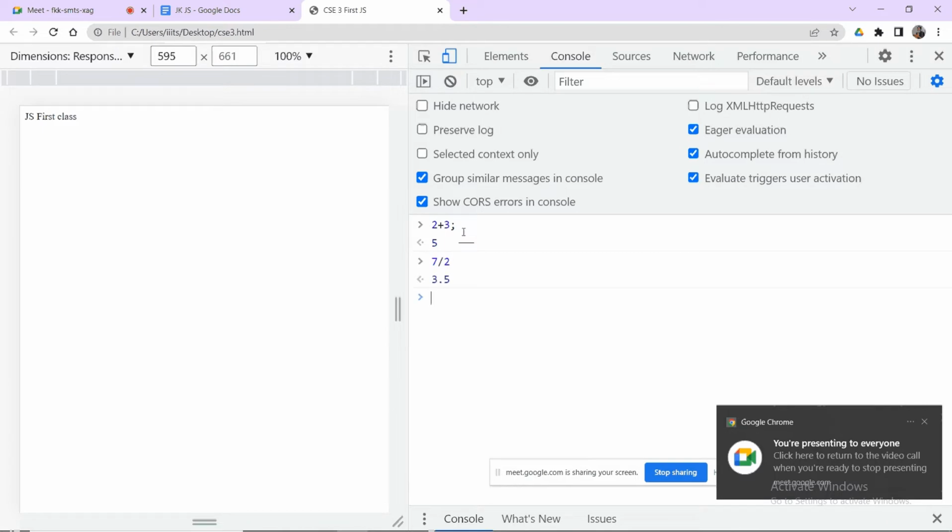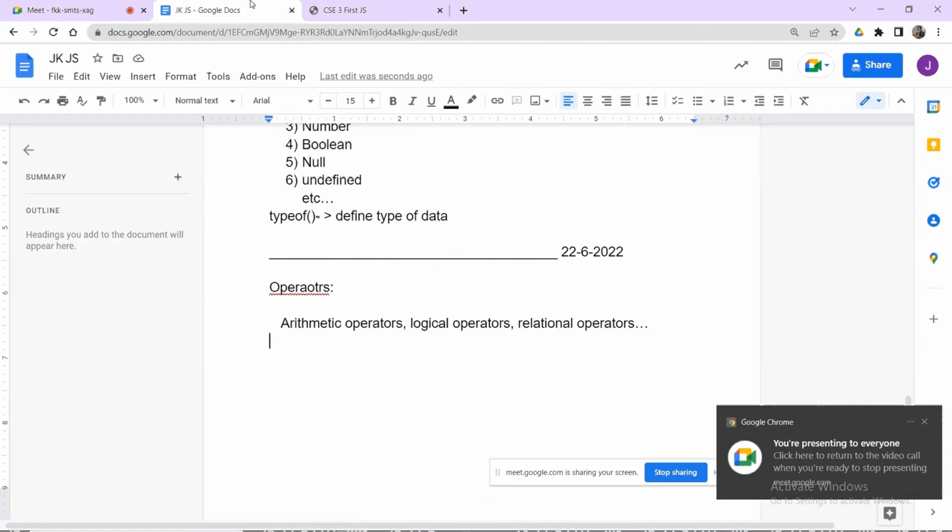You are getting a floating value. Whereas in C language, what is the answer for 7 by 2? You will get 3. It's not 3.5. Whereas in JavaScript, you will get 3.5. Like 7 modulus 2, what is the answer you will get? You will get 1, the remainder. So this is the same procedure that you follow in C language as well as in Java.